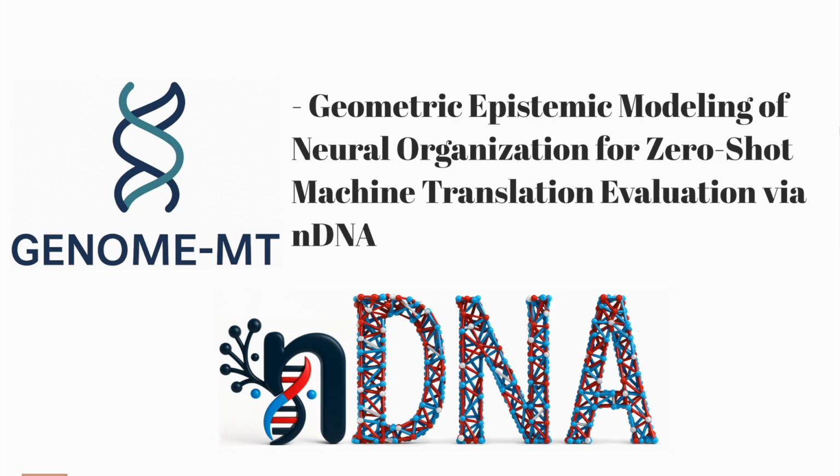We combine them into a single total epistemic effort score that tracks standard MT metrics such as BLEU, COMET, and CHRF. You will see that closely related pairs like English to French, German, or Italian show low torsion and short paths, so the effort is small and quality is higher. Typologically distant pairs like English to Chinese, Thai, or Japanese require long, twisted routes, so the effort is large and